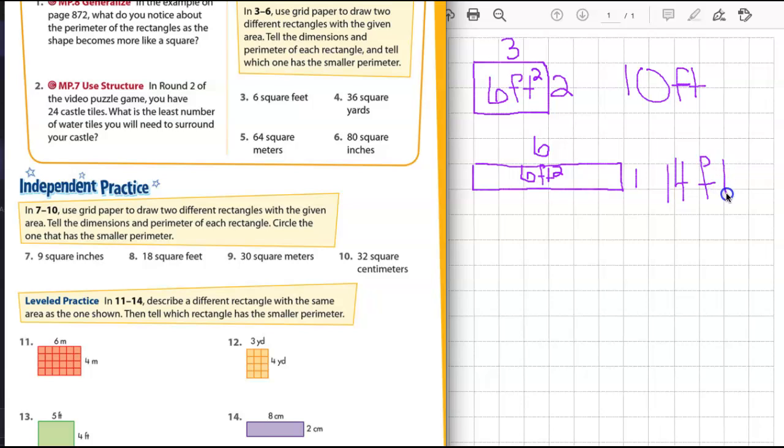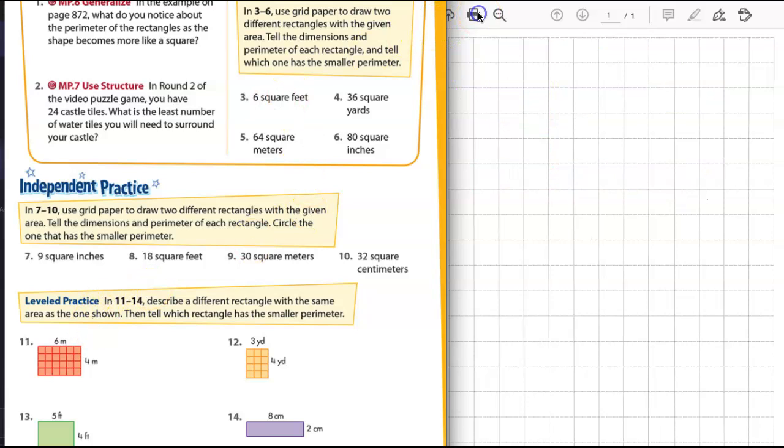So as you can see, just because you have the same area does not mean you have the same perimeter. It says tell which one has the smaller perimeter. So this one right here has the smaller perimeter. Let's look at one more. If you want to stick around to listen to one more, you can. So describe a different rectangle with the same area as the one shown, then tell which rectangle has the smaller